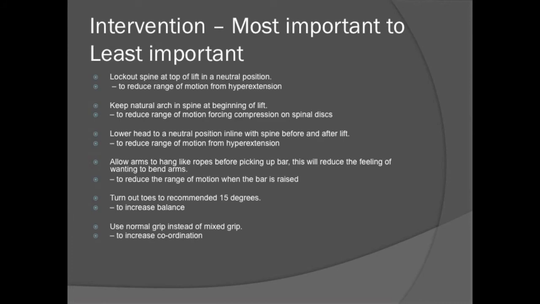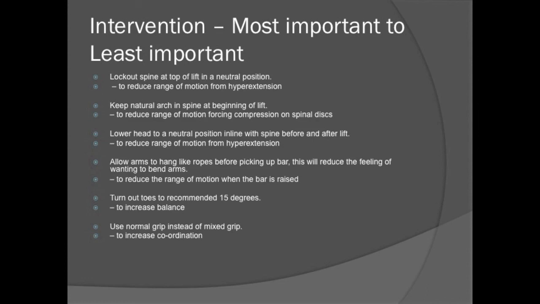Interventions I suggest, from most important to least important, include locking out the spine at the top of the lift in a neutral position to reduce the range of motion from hyperextension, keeping a natural arch in the spine at the beginning of the lift to reduce range of motion forcing compression on spinal discs, and lowering the head to a neutral position in line with the spine before and after the lift to reduce excessive range of motion,